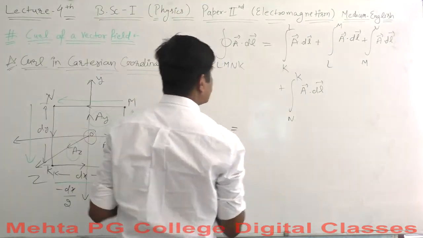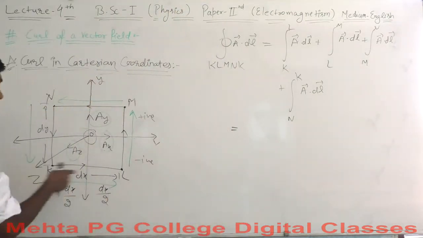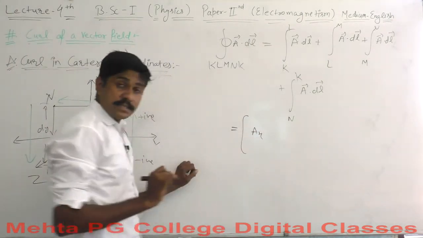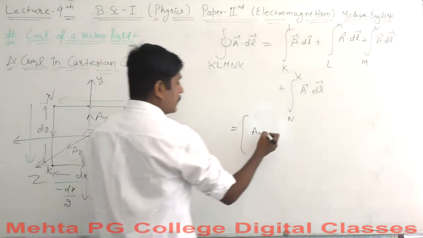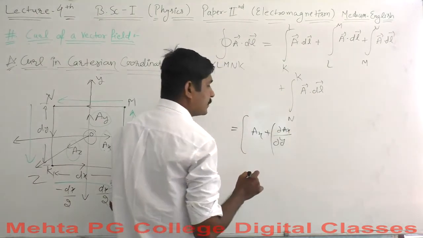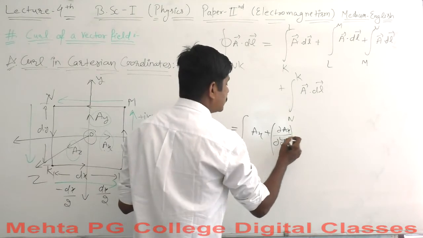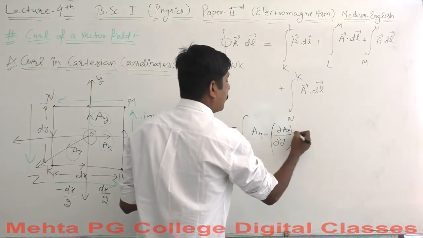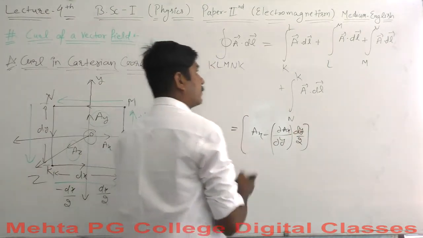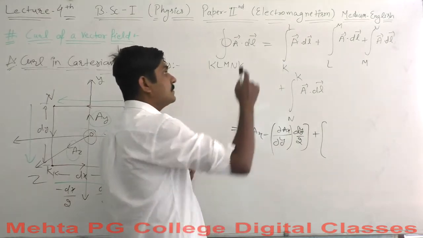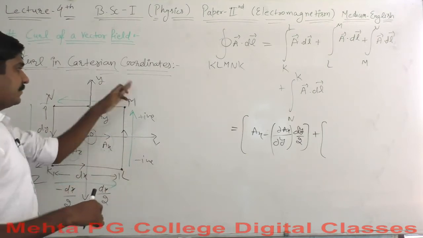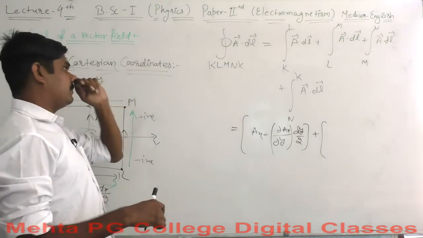So we will write down all our equations here, the components. Component along KL. What was the component along KL? The quantity was Ax. Starting from positive to negative, so it will be positive: positive curly Ax over curly y, the distance being minus dy by 2. Plus, what is it? LM, sorry, L to M.